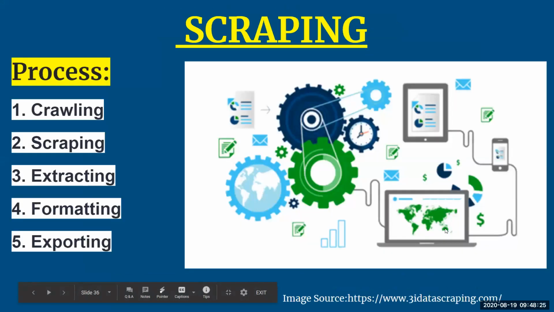Next was scraping. When we talk about scraping, here we are referring to web scraping. Web scraping uses software which will collect, or you can say extract, information from different sites on the internet. The information which is gathered is cleaned, filtered, and reused for better business or decision making. There are different software available which do web scraping as a process.